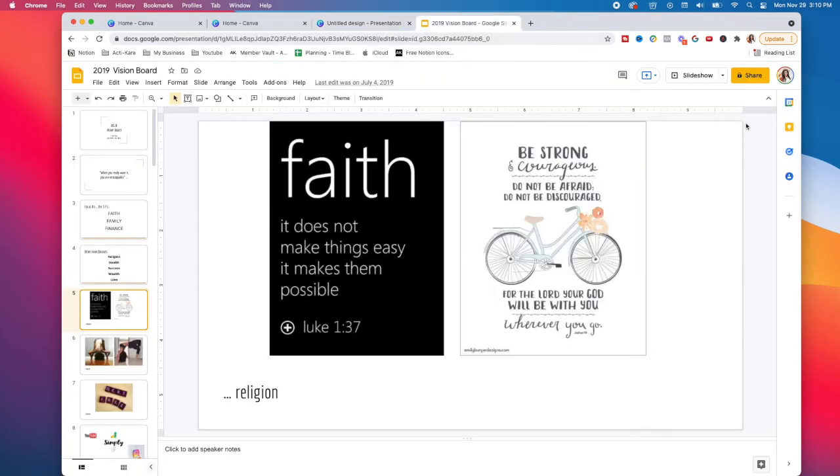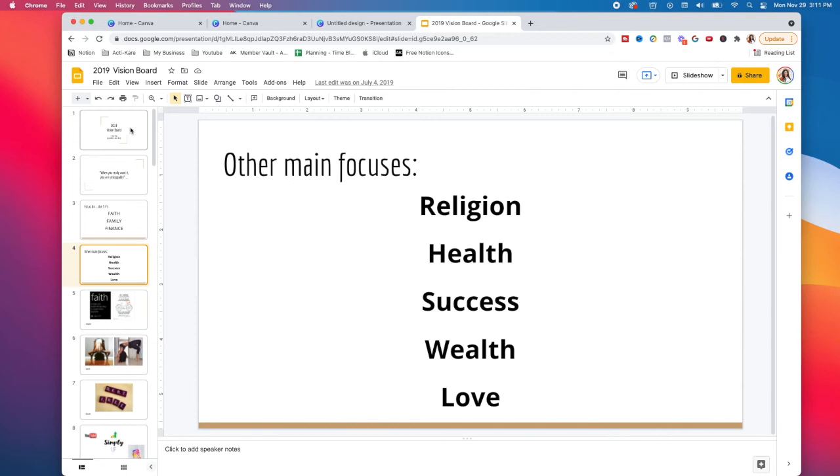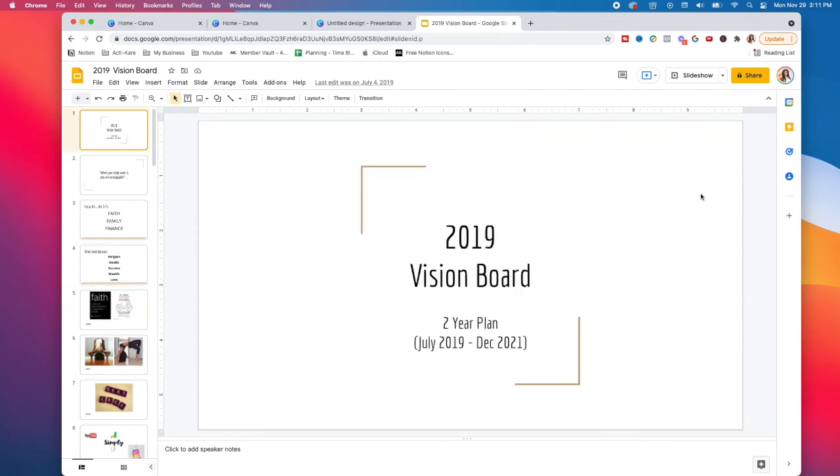And also, you don't have to use Google Slides. You can use PowerPoint, you can use Keynote, anything that you can create slides on. And that's going to be the easiest way to have a vision video where you actually include your photos as well. And of course, you don't have to have music to your vision video, but I found that it was